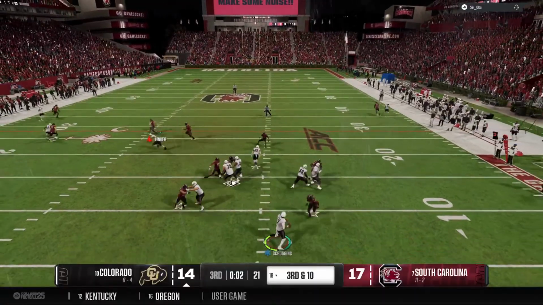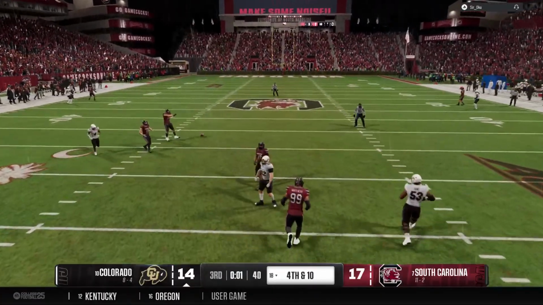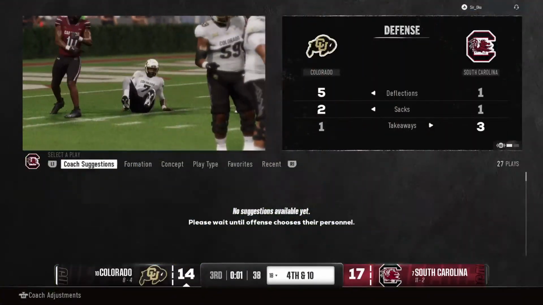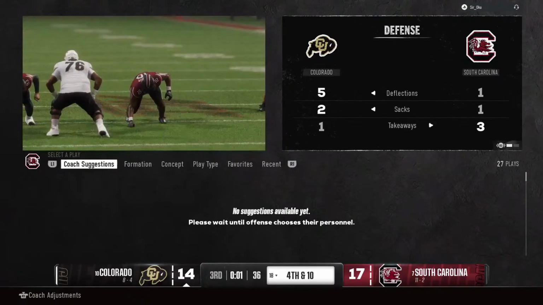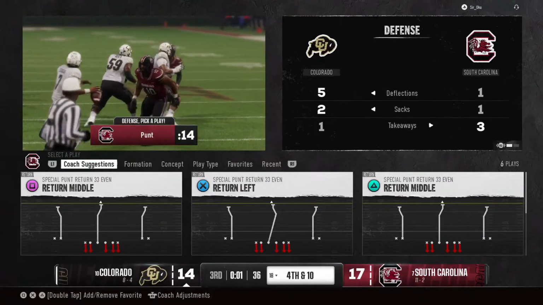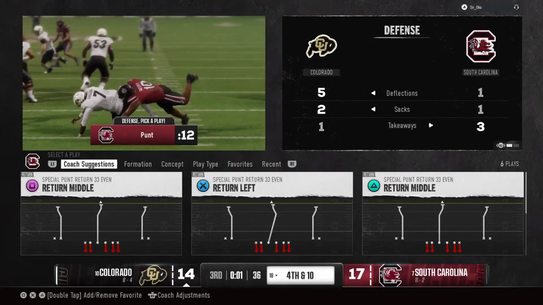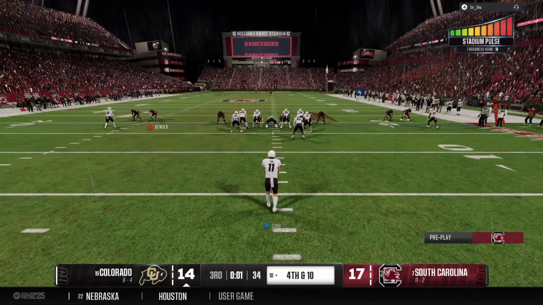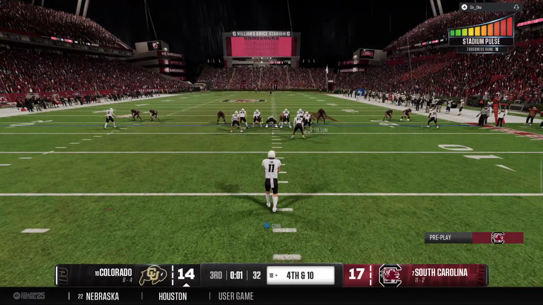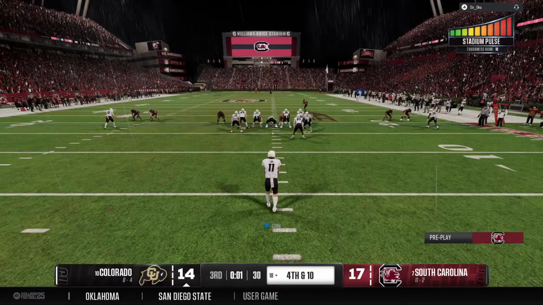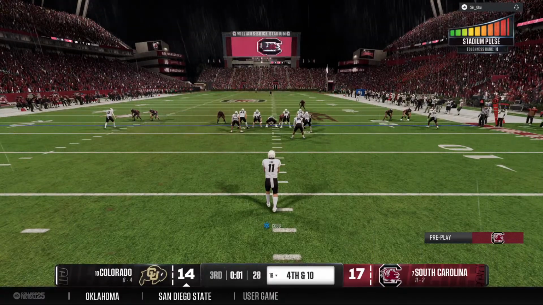Drops back, looking to throw for it on third down. And the pass is incomplete. The quarterback did all he could here to wait until the last possible moment, but he waits just a hair too long, which allows the defense to actually hit him as he throws the ball. And the Buffaloes will line up to punt it away. And he'll kick it away now for the second time.